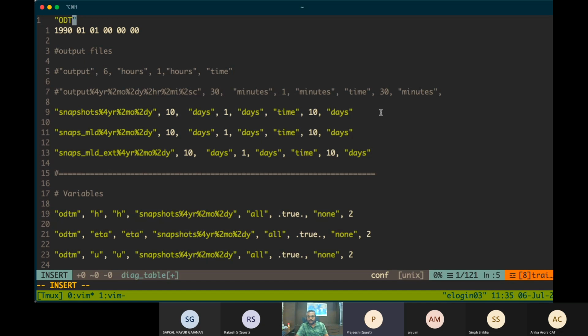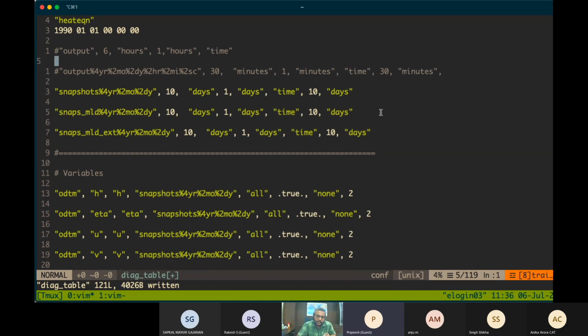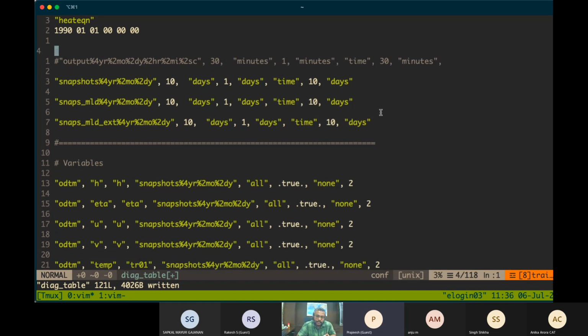This name will be written as an attribute to the netcdf file. So just by checking the netcdf file itself, you can know from which experiment it was. Okay, so you can give it as an equation. Again, in previous classes you came to know about this thing. It should be a value which is lesser than the model. Next thing is defining the output